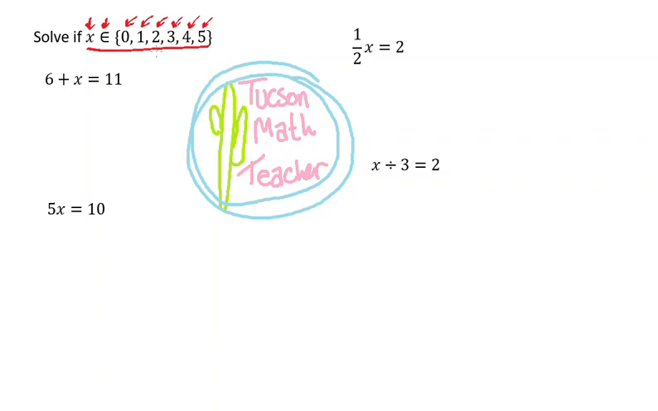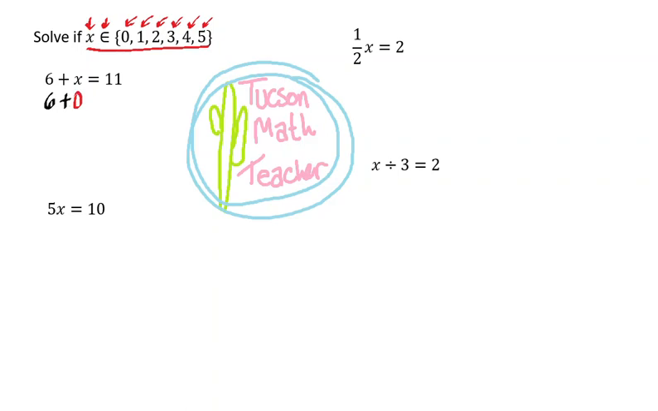Those are the only numbers we're allowed to use, and we're not even going to solve this in kind of a normal algebra way, which we will do later. We are going to just plug these in and see if they work. So we're going to take our equation, 6 plus x equals 11 is the first one, and we're going to just write, we'll do it like this, 6 plus